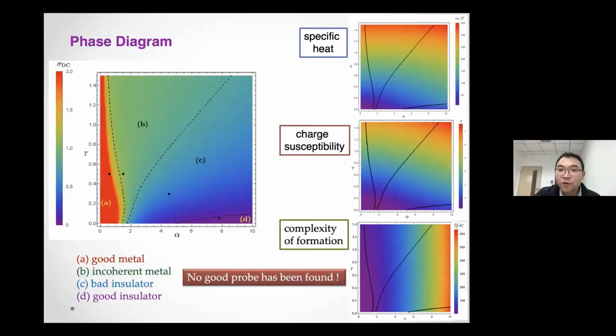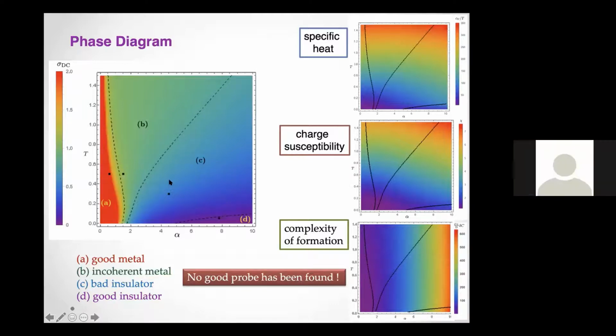Yeah, that's true. Different quantities have different boundaries. So the point here, we want to find a quantity that has a very similar boundary as this phase diagram in terms of the conductivity. That's our goal. So we don't need to distinguish different boundaries. We just want a quantity which has a similar feature as this phase diagram. Then the question is, why is conductivity the most robust,